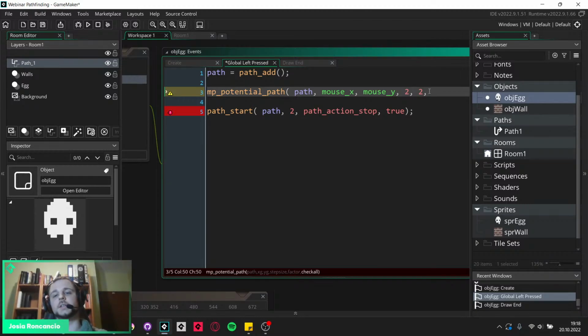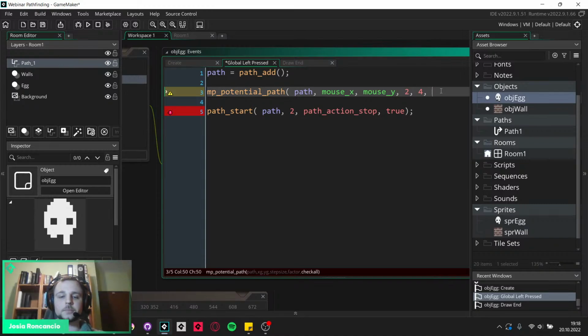So the distance times the factor that we give here is the maximum amount that it's allowed to take to reach the goal. Basically how much of a detour it's allowed to go before it just gives up and says, okay, I can't actually find the goal, I will just stop the path right here. And usually 4 is a good value for that, because if the algorithm hasn't found the goal after like 4 times the distance, then it probably won't reach it, because it's stuck somewhere, or the goal just isn't